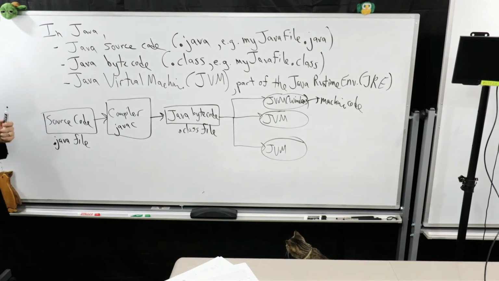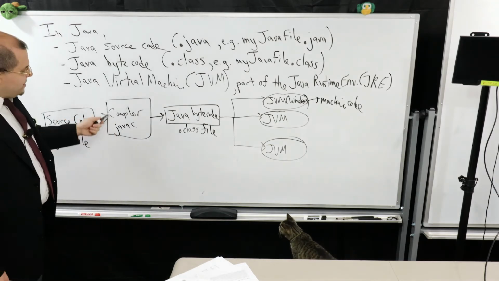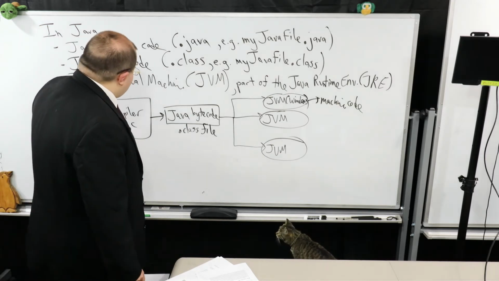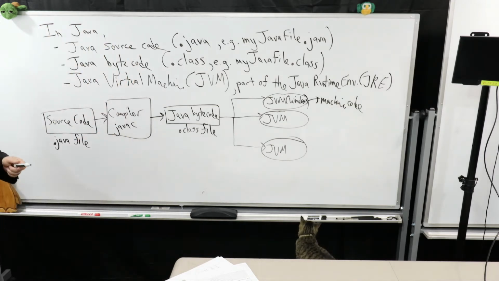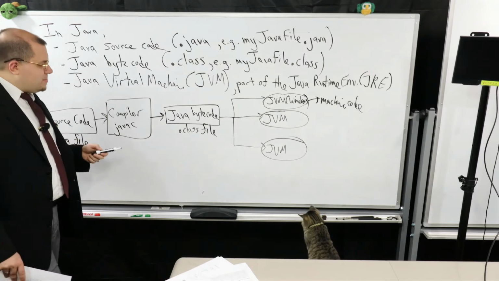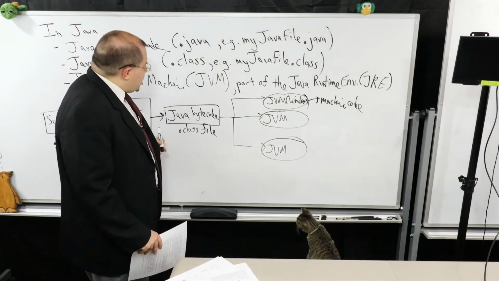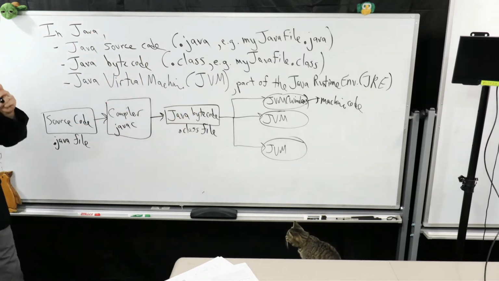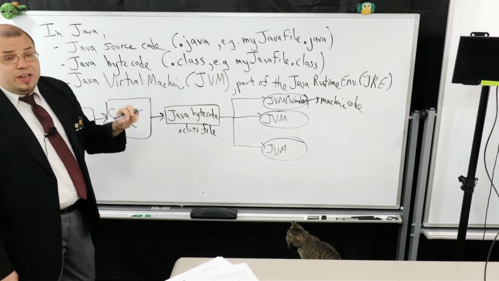So if I was using Windows, I would start off with my Java source code. I would use the compiler called javac. And don't worry too much about the details about that. I have some details in the notes towards the end of this section about that. And you get Java bytecode. So this can be thought of as the machine code for the JVM.